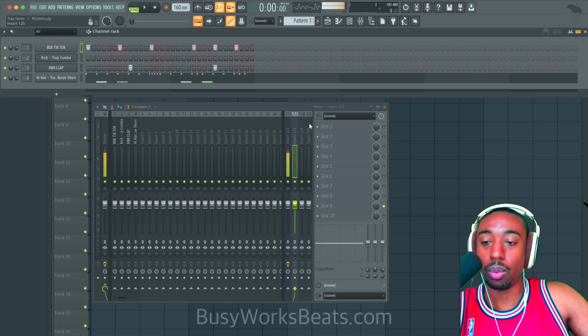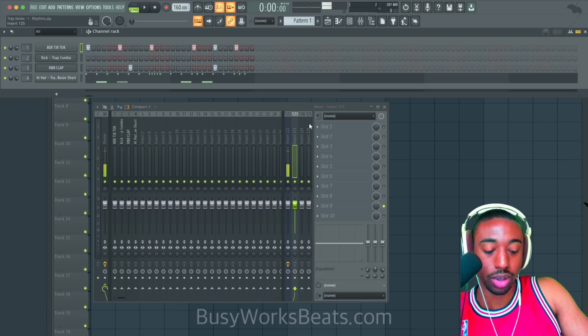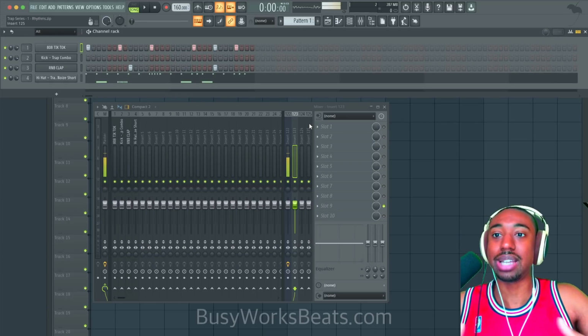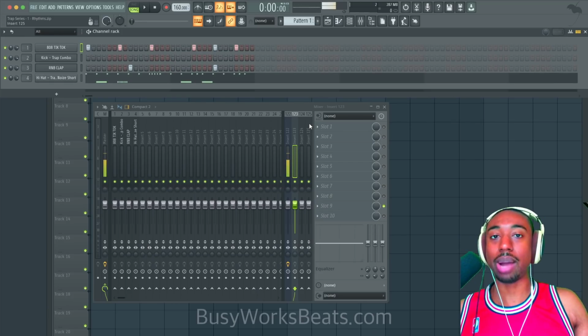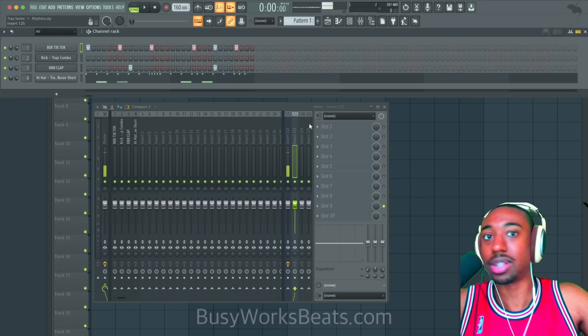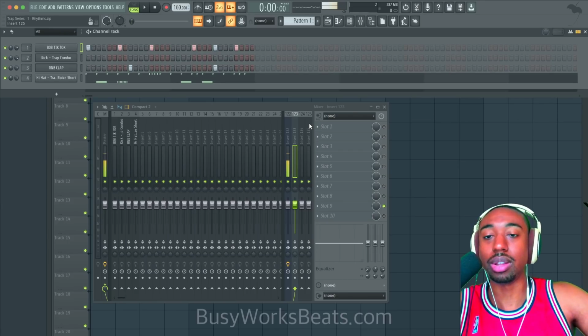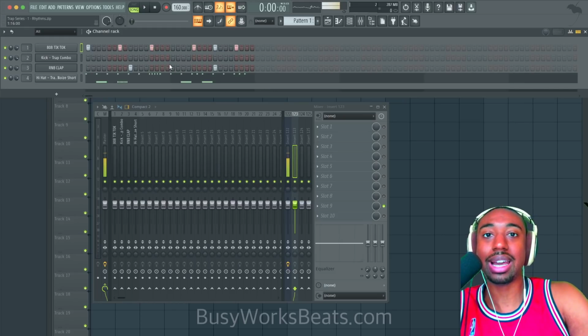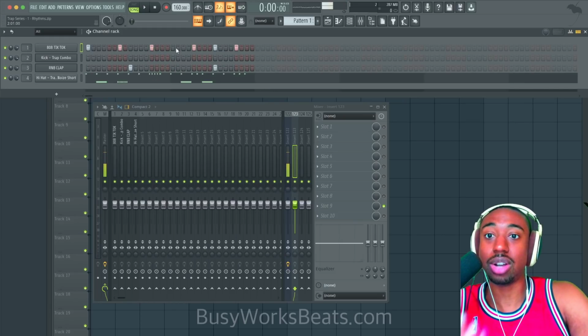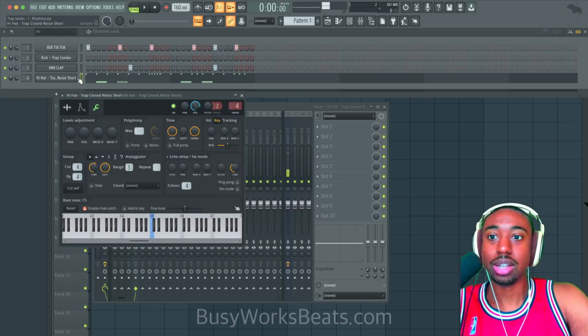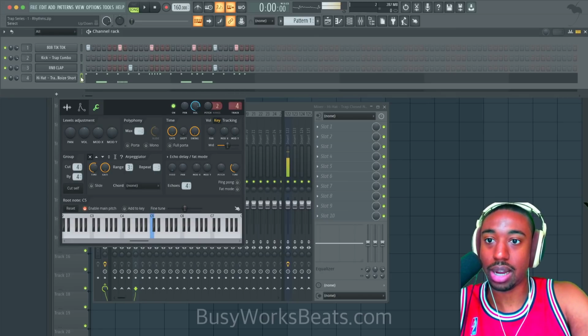Today we're going to focus on hi-hats specifically. As I mentioned in part one, trap is all about the rhythm. That's what creates that trap sound. It's the rhythms in trap that identify something as trap. It's the drum sound selection and the rhythms. So today we're going to focus on the hi-hats and how to maximize your hi-hat rolls and different things. So let's get into hi-hats.